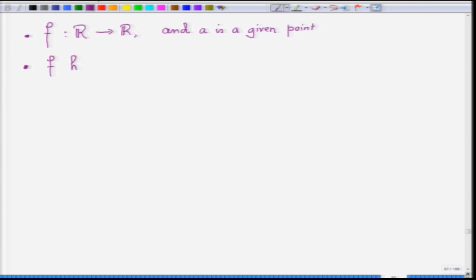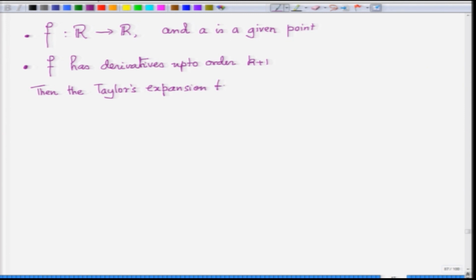F has derivatives up to order k plus 1. Then the Taylor's expansion to compute f of x is given as